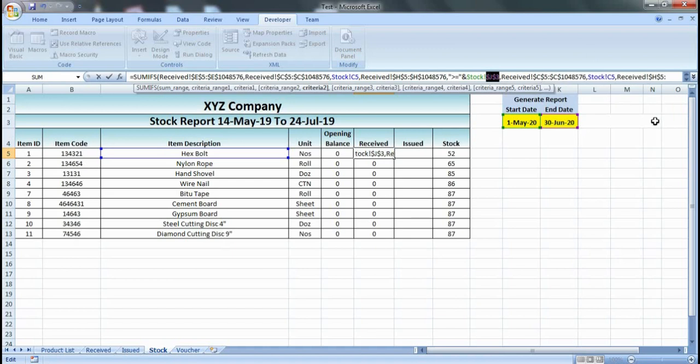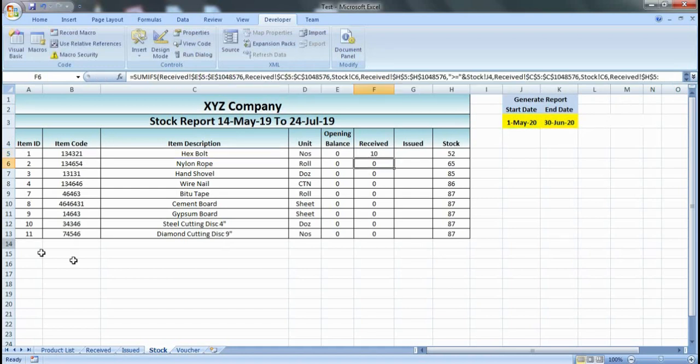And similarly K3, the end date, should also be frozen. Now I press it and again I'll try to copy it. Okay, now you can see we got the values.